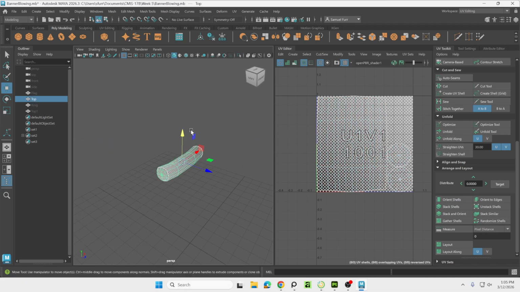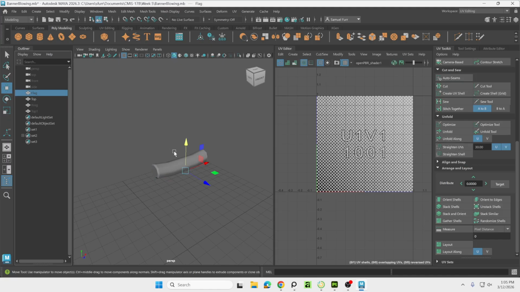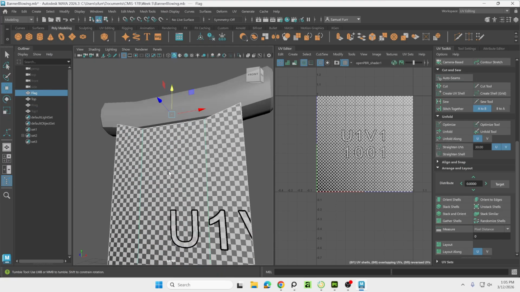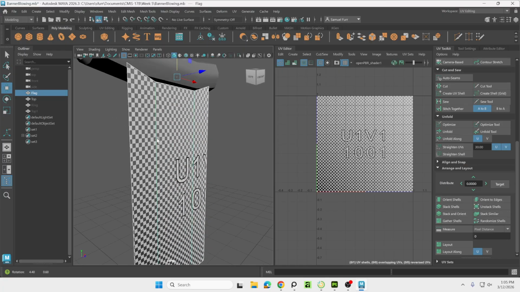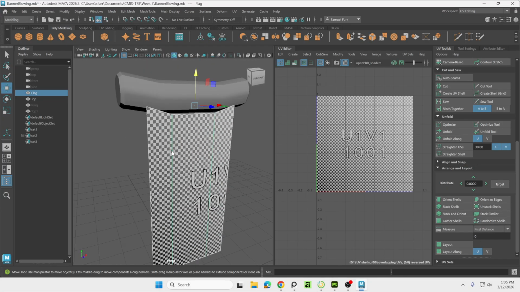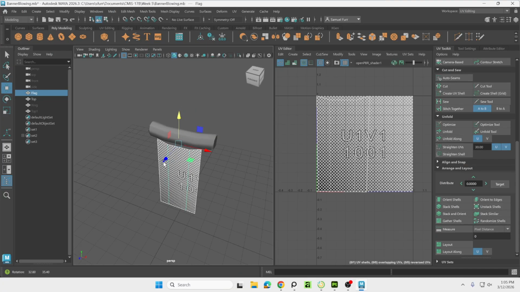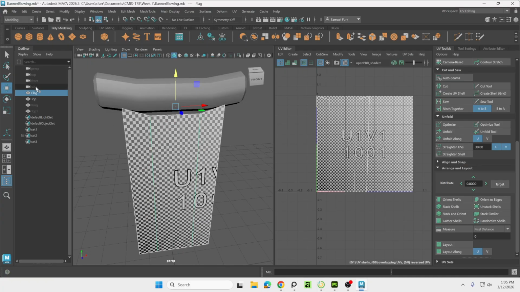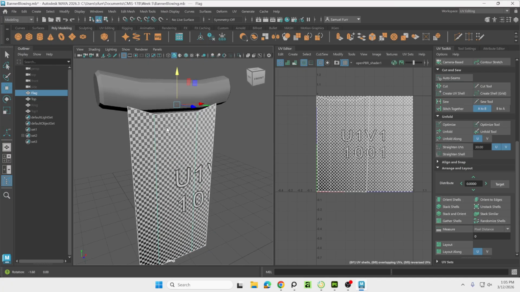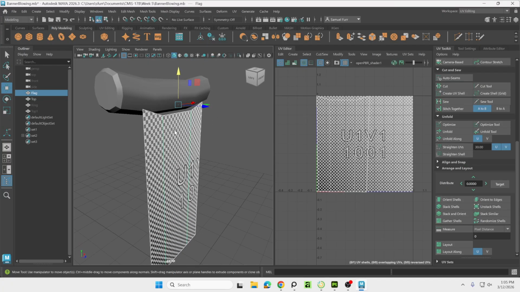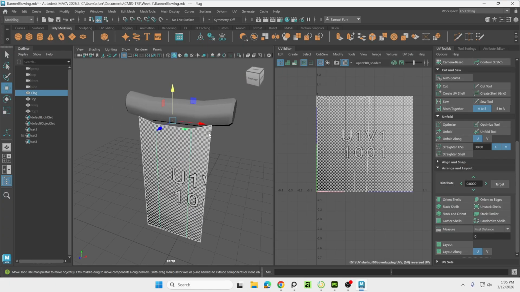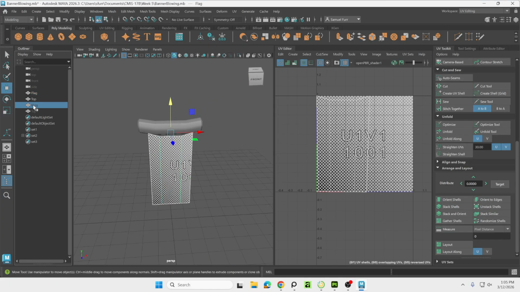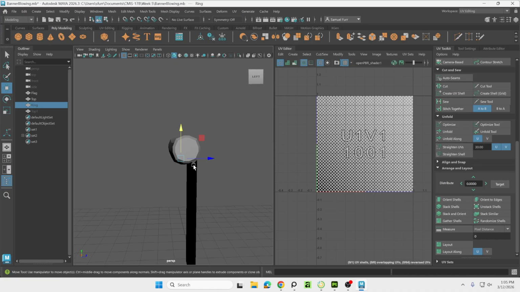So that's done. I'm going to go to everything else, H. Since this is a single plane, that's fine. I might save that for last because I do want to eventually animate this, but I need to have the same UVs for both of them and just have this set off to the side. But anyway,